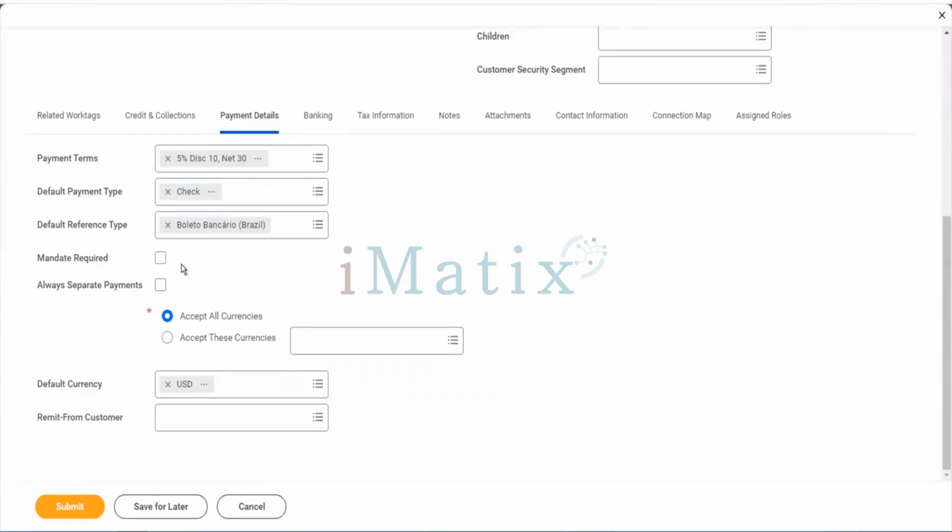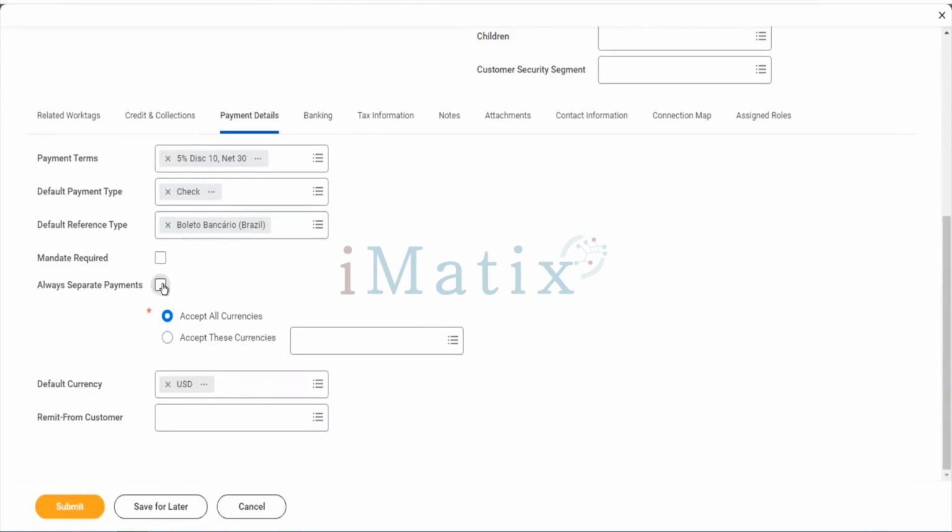If it's a direct deposit, then this is mandatory. Required to debit the account? If yes, click on this checkbox, otherwise keep it unchecked. Always a separate payment is also a cool feature. Suppose we have 10 invoices and we have received the paper for 10 invoices from the customer.